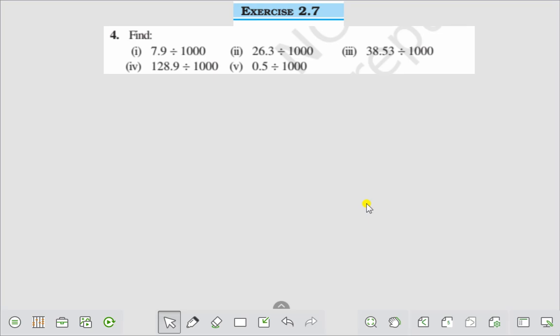Question number 4 is find 7.9 divided by 1000. Let us find. Question number 1 is 7.9 divided by 1000. That will be written as 7.9